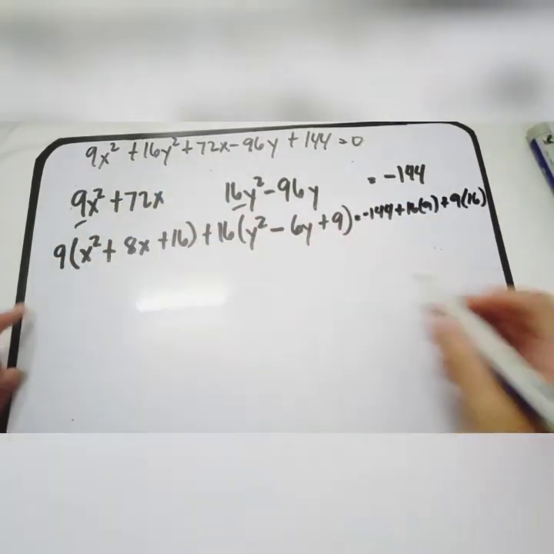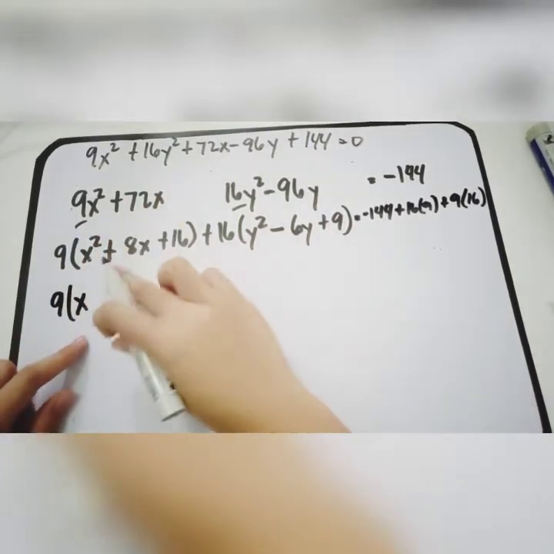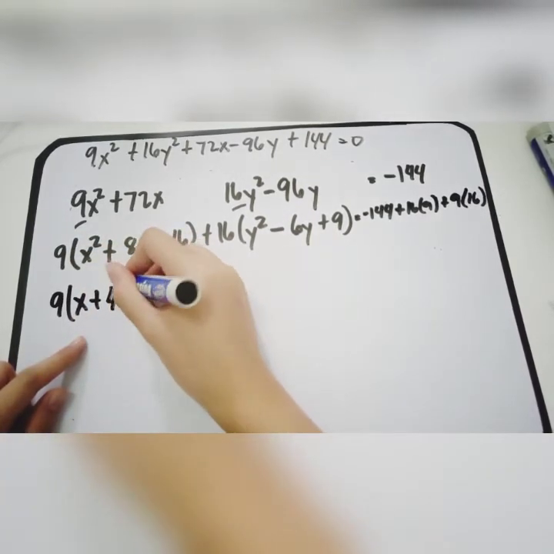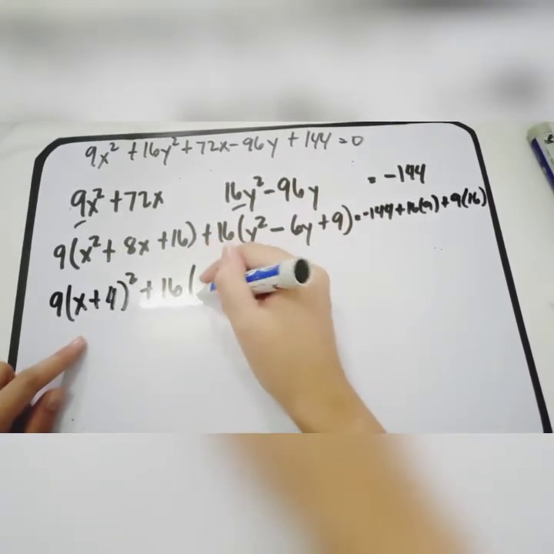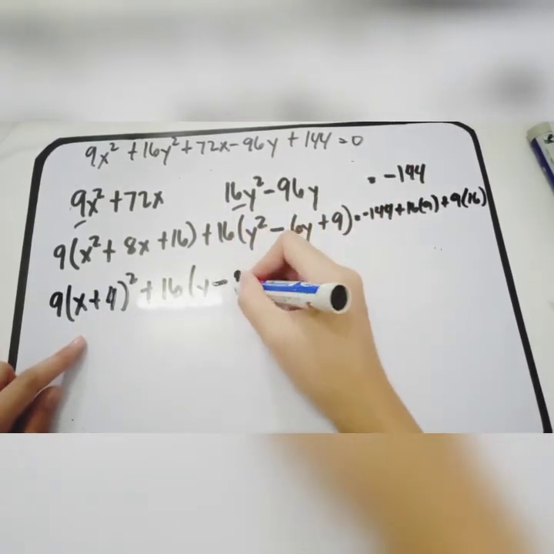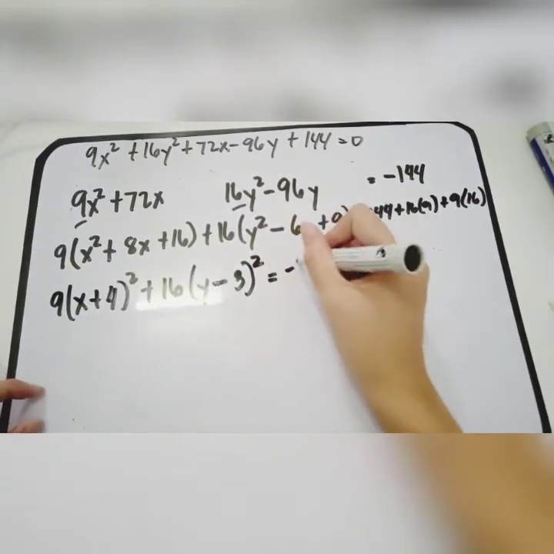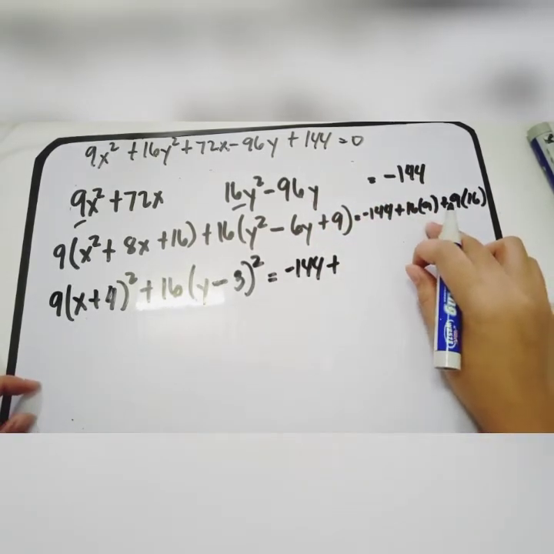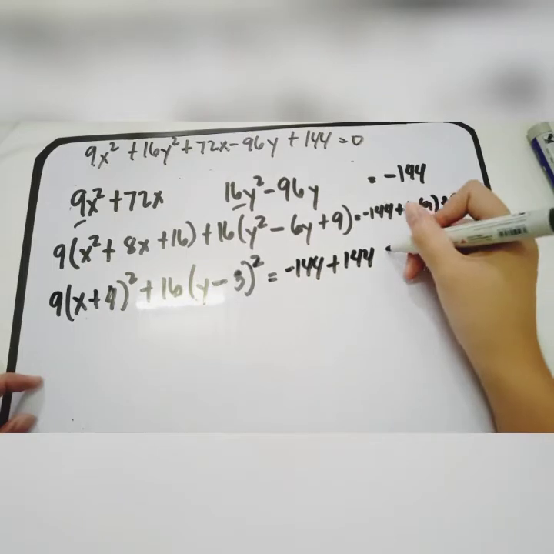Okay, next. So, simplify natin. So, 9 x. Copy yung sign ng second term, and then yung half nito is 4. So, squared. Plus, 16 y. Copy yung sign ng second term, and then ano yung half nito? 3. Okay. Is equal to, so negative 144 plus, so 16 times 9 is equal to positive 144, and then plus 9 times 16 is equal to plus